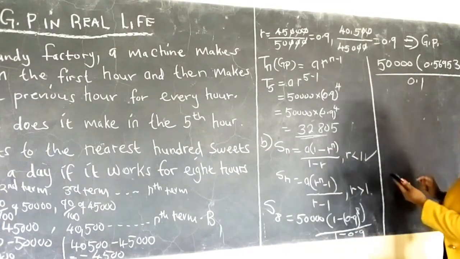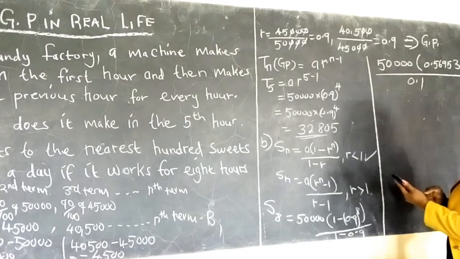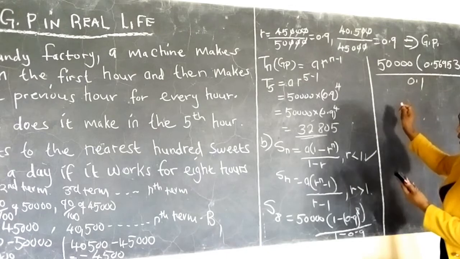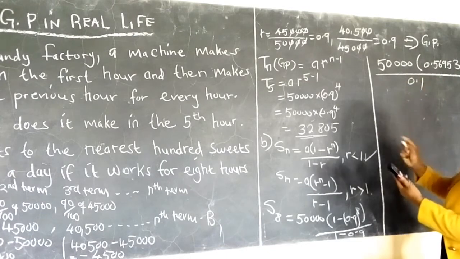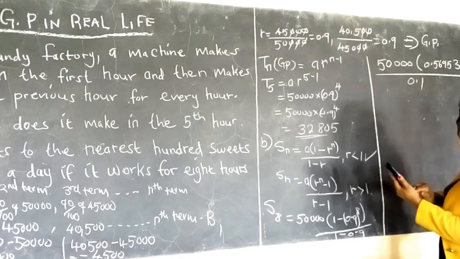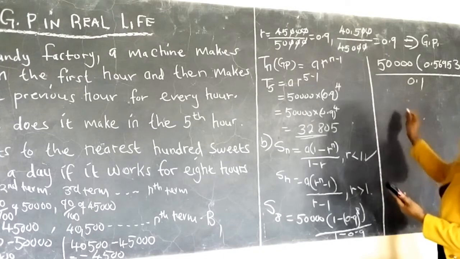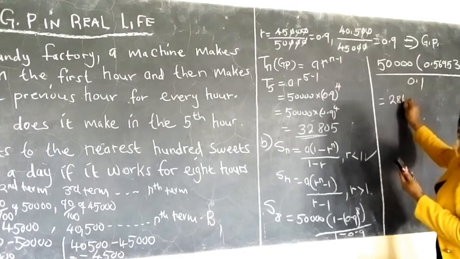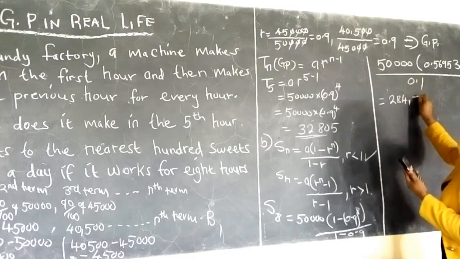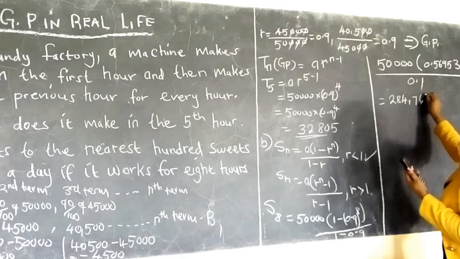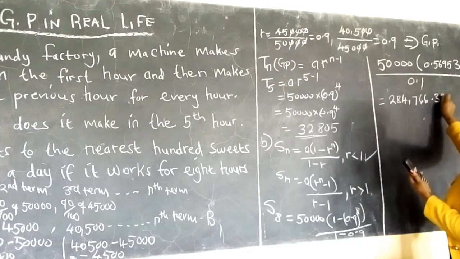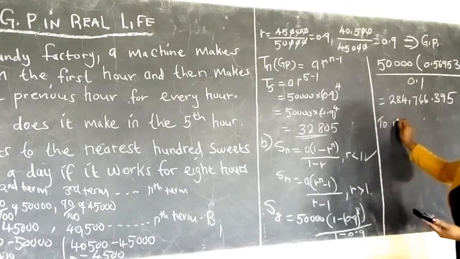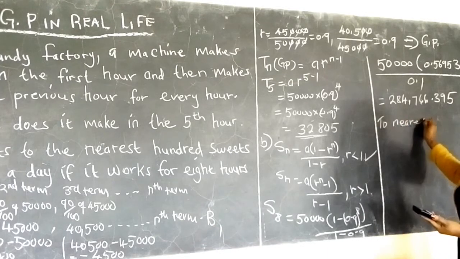So we multiply by 50,000, then divide the answer we get by 0.1, so that we get 286,766.395 sweets. Now to the nearest